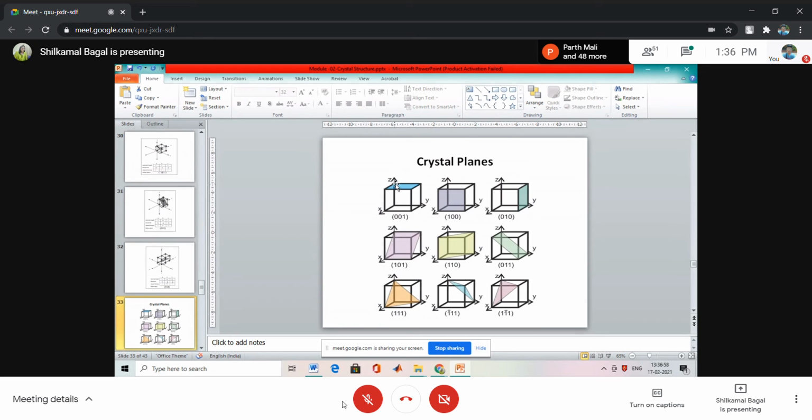We marked this corner. Now from this marked corner, draw the plane parallel to x. So parallel to x, where will it go? It will come like this, up to here. Here we stop because the unit cell is over. Now again from this point, draw parallel to y. So it will go to this corner. The unit cell is over, so stop there. Then complete this plane, parallel to this, it will come like this, and parallel to that, it will come here. And show it by shading. So this is 0 0 1.